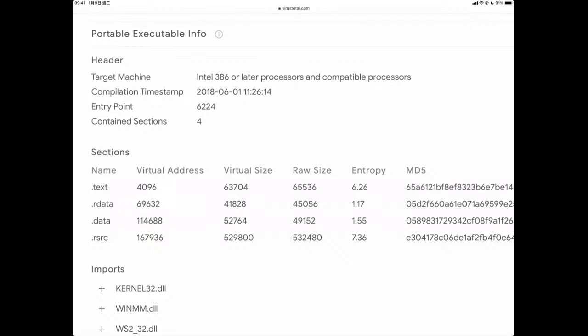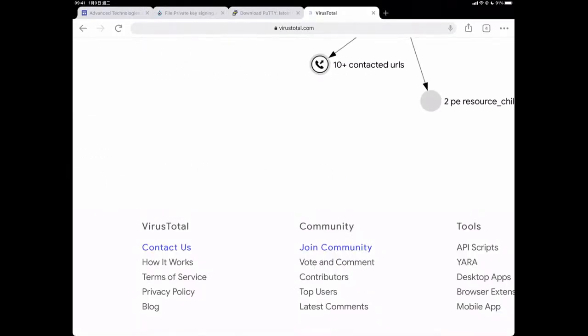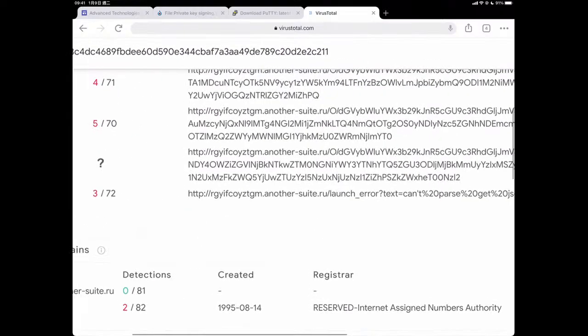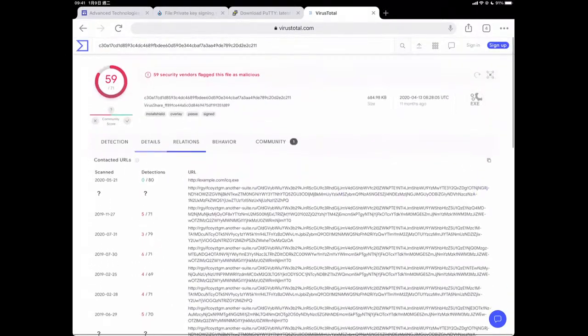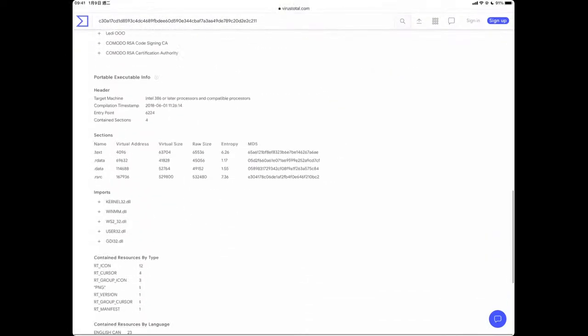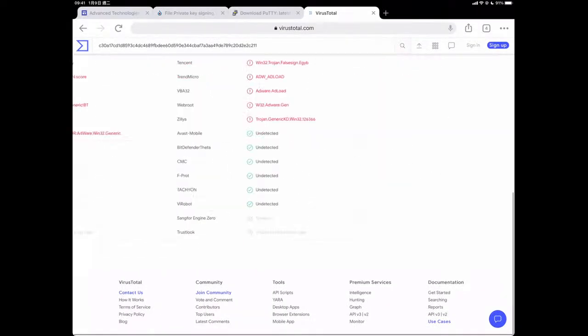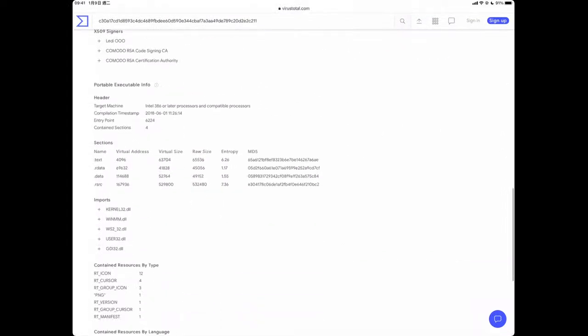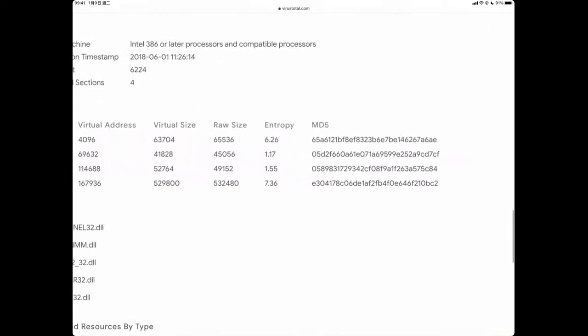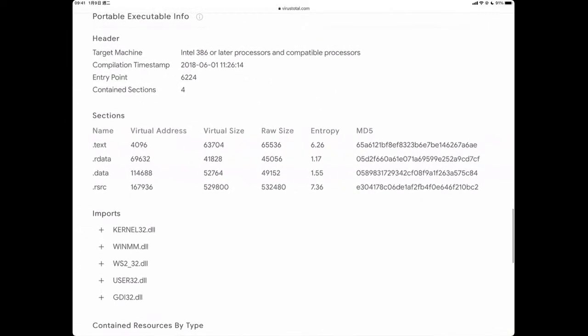For this section, there is its MD5: we put all the bytes in this text section into the MD5 hash function, and the output is a unique value, 665 blah blah blah.